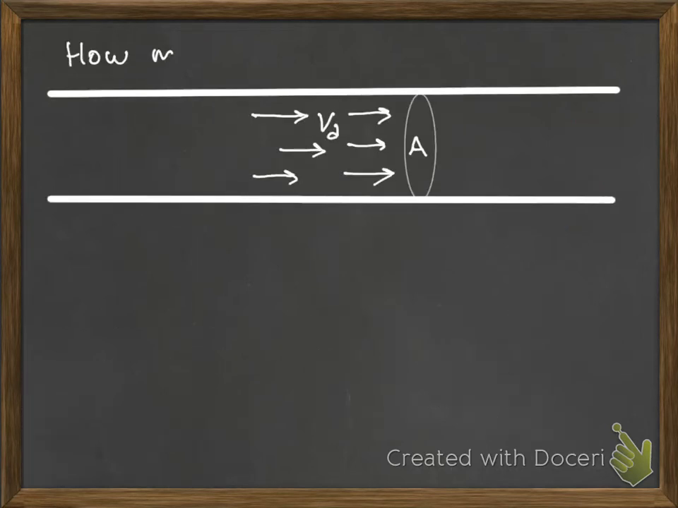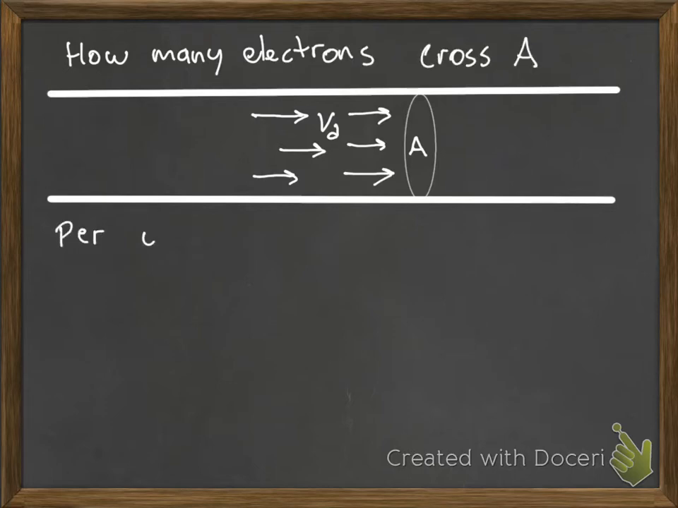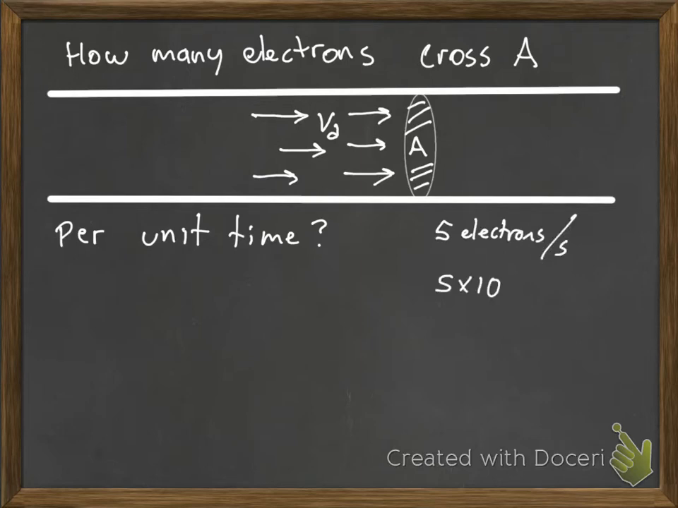Now, an interesting question is, as these electrons move through the wire, how many electrons cross a particular section of the wire per unit time, per second? Is it 5 electrons per second? Is it 5 million electrons per second that are going to be crossing that area? So the quick answer to the question of how many electrons cross that section A per unit time is that